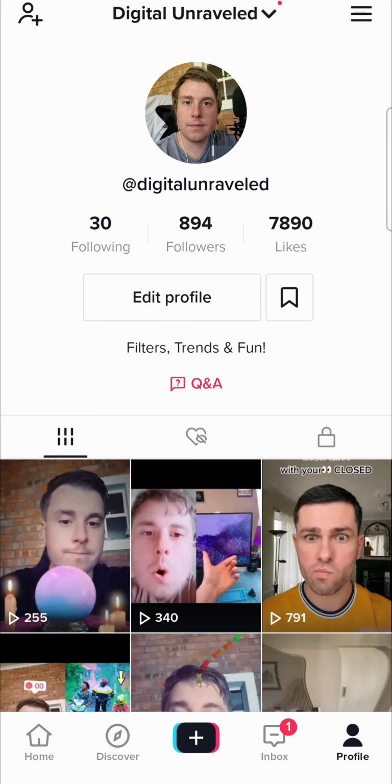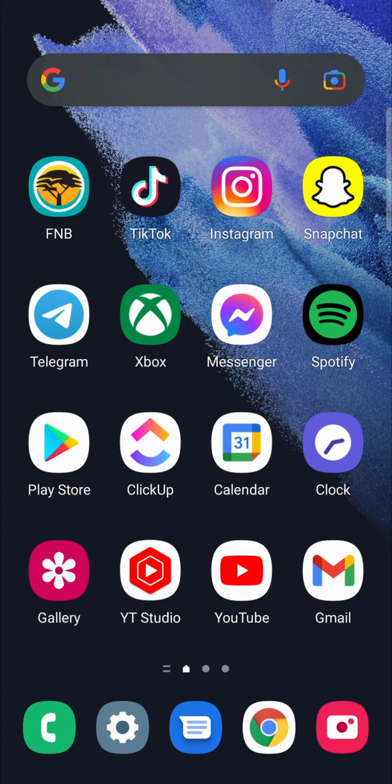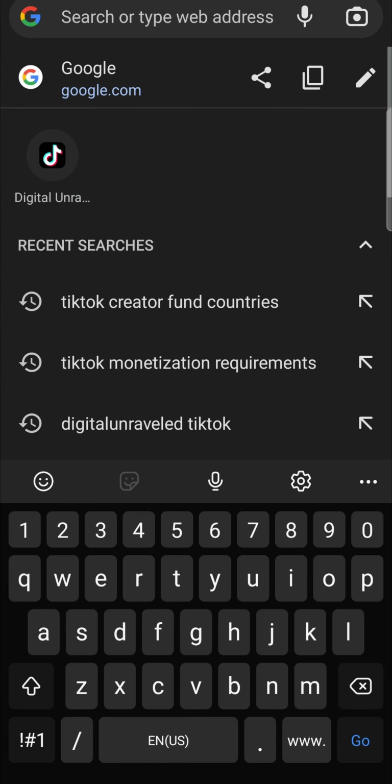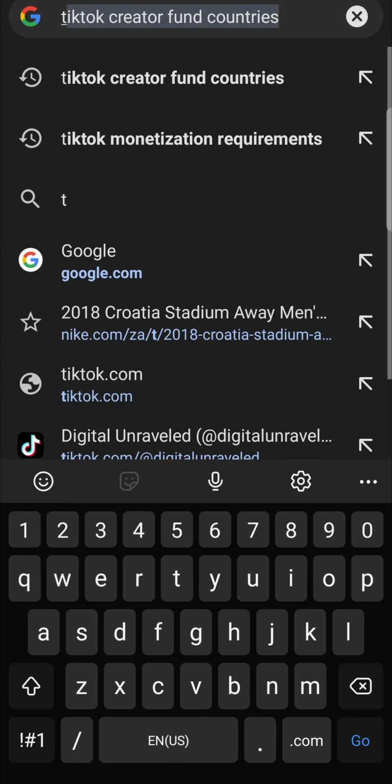So to do this, you will need to know the username of the TikTok account that you want to search up in Google. So in my case, it's @DigitalUnraveled. So to find this in Google, just go out of the TikTok app and open up a web browser. I'm using Google Chrome and I'm on the Google homepage. From here, all you need to do is tap at the top in the search bar, and then you want to type